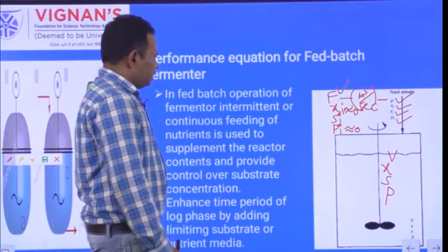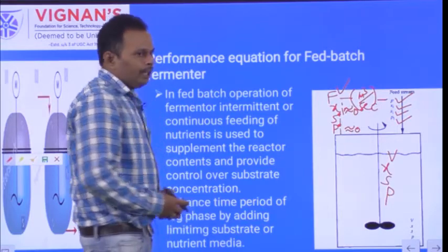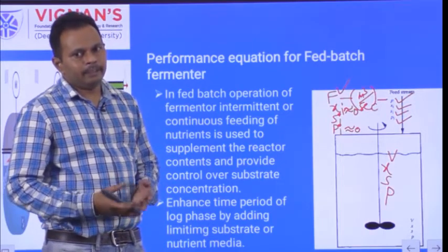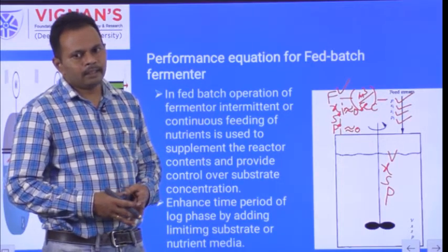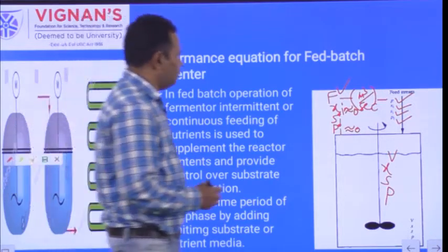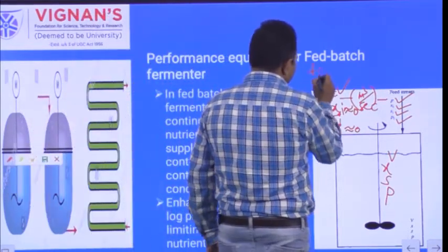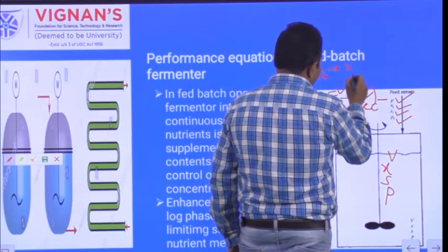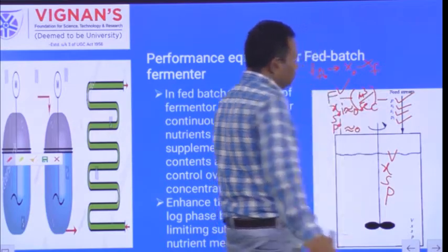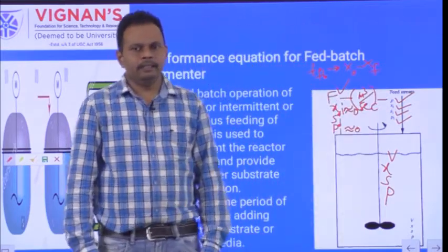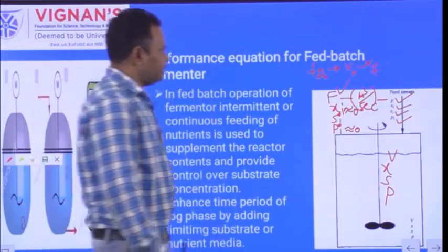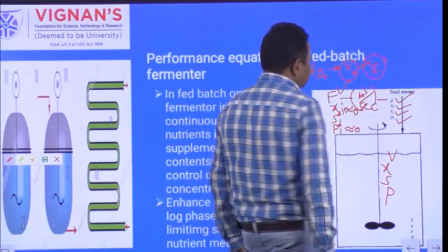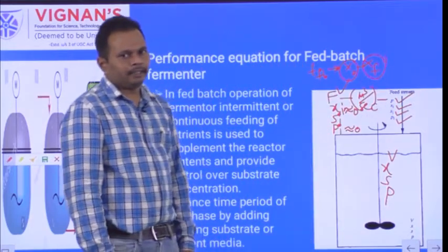Next, our target is to find the fed batch time required to increase the cell concentration from Xi to Xf. That means the fed batch time tf required to increase the mass of the cells from X0 to the Xf value. X0 is the mass of the cells in the inoculum, and Xf is the final mass of the cells after the completion of the biological reaction.